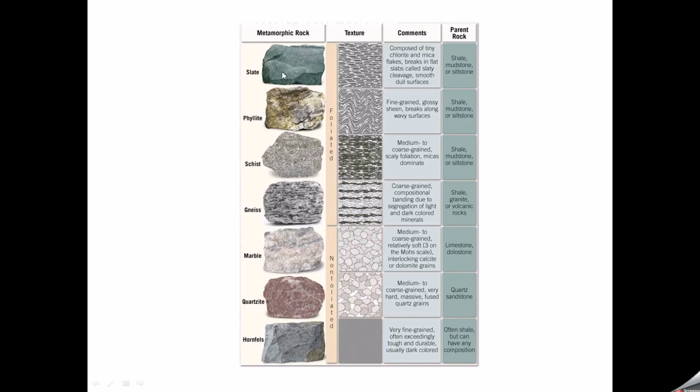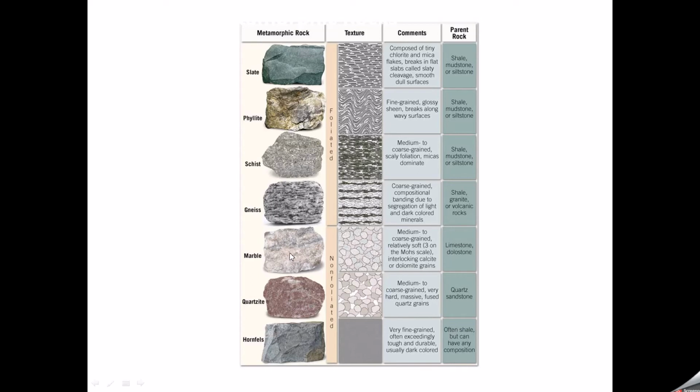It looks like slate, but it's a little bit shiny because it has very small, microscopic crystals. As the grade of metamorphism increases, the crystals will grow and give you the platy shape, and the texture will change into schist texture. And then we get to the higher grade of metamorphism. We call it gneiss, where we have very visible bands of dark and light minerals. Those are the foliated minerals.